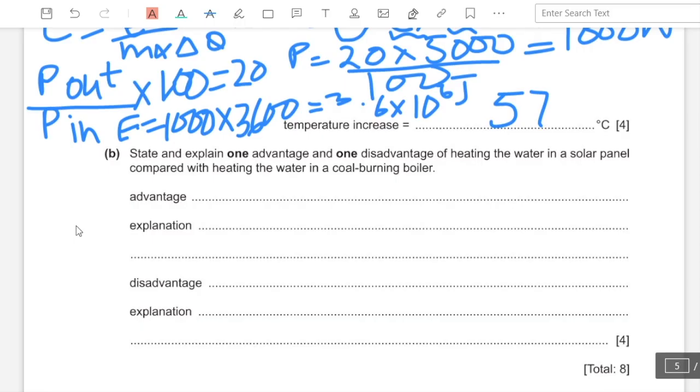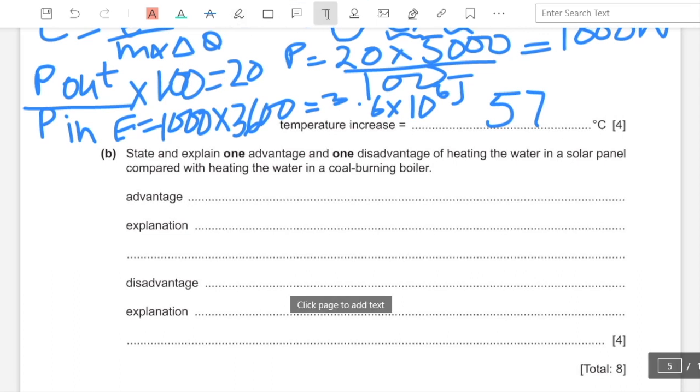B. State and explain one advantage and one disadvantage of heating the water in a solar panel compared with heating the water in a coal burning boiler. Alright. So the advantage is that since no fossil fuels are burned in the solar panel, no pollution or no carbon dioxide is produced in this method. And the explanation over here is